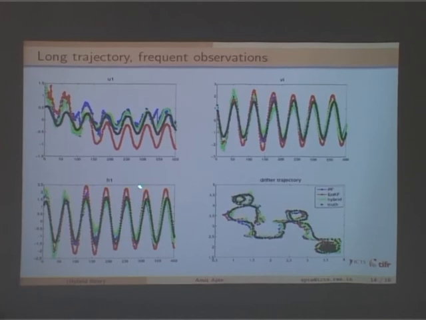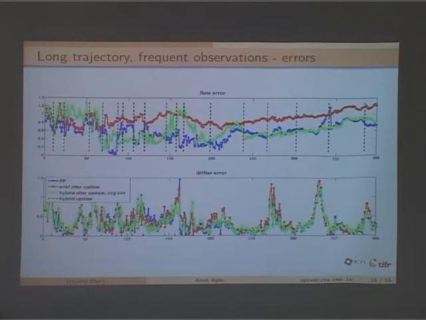The ensemble Kalman filter does have some trouble, but if you wait long enough, it seems it should converge. U1 is something a bit weird. I have not yet understood why that has happened, and I don't know why it hasn't converged. When you take less frequent observations, I don't have the figure, but things don't work as well. If you look at the errors long enough, then maybe we can understand something. So let me not dwell too much on this.